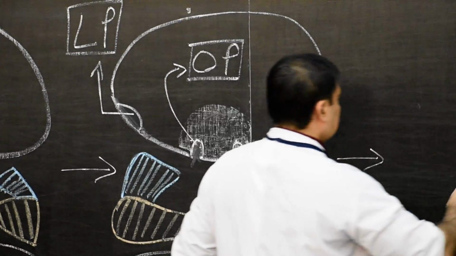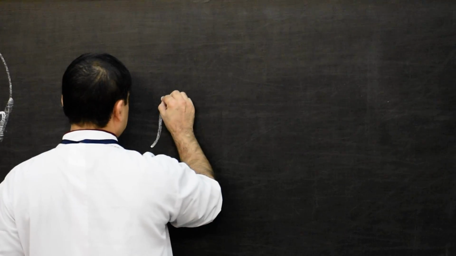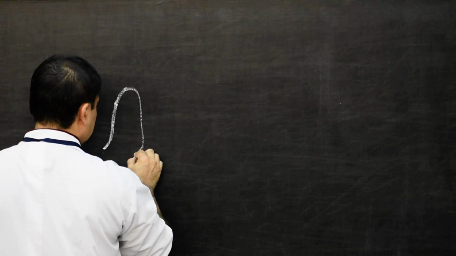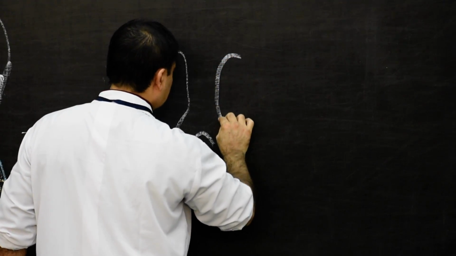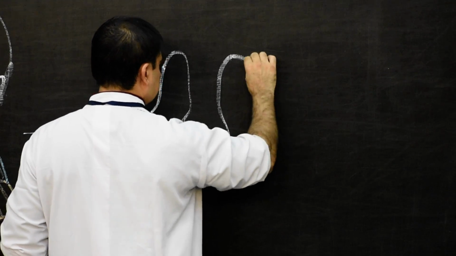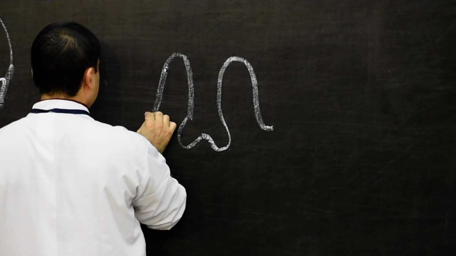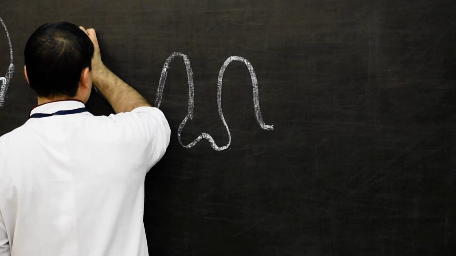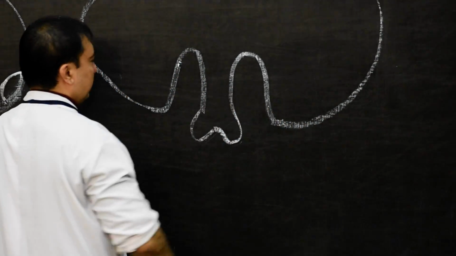So in the second stage we have to draw the olfactory pits. First we focus here. This is how the pits will develop. You first draw this diagram and alongside with me make these two olfactory pits. These are how the olfactory pits are made. And so this is how we complete our forebrain vesicle.